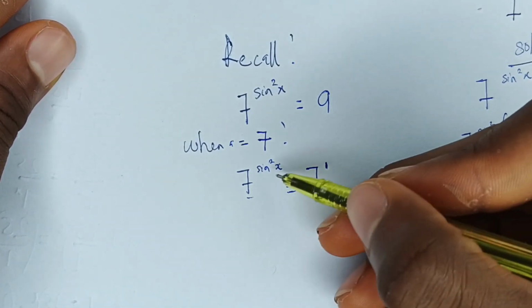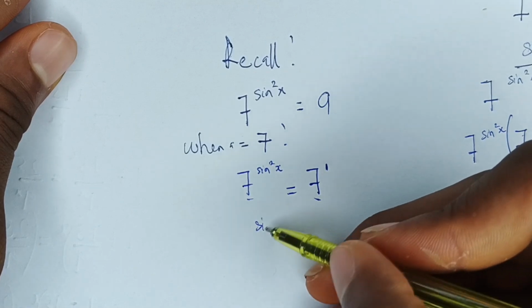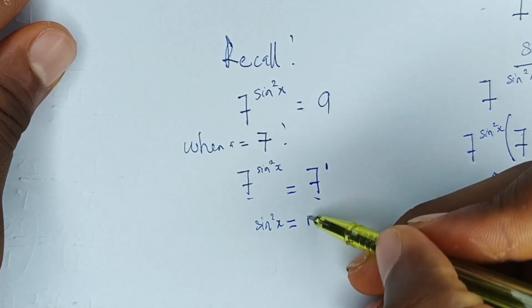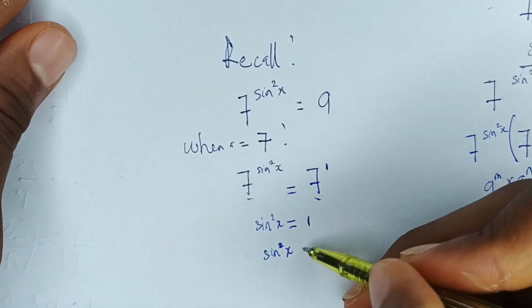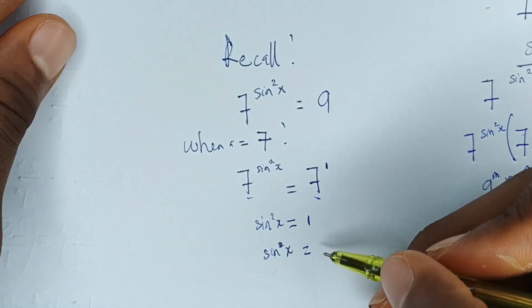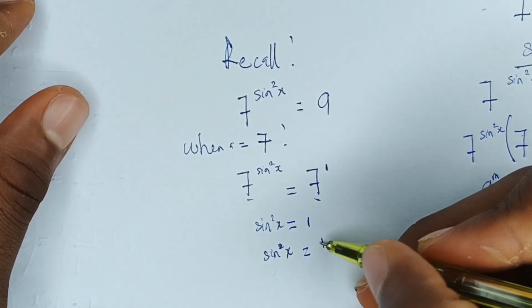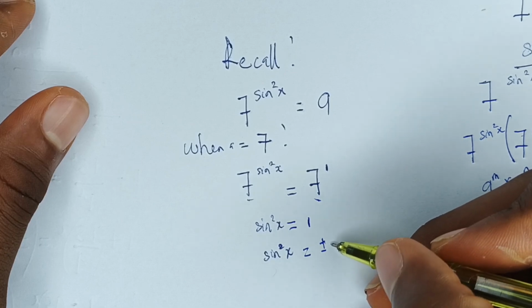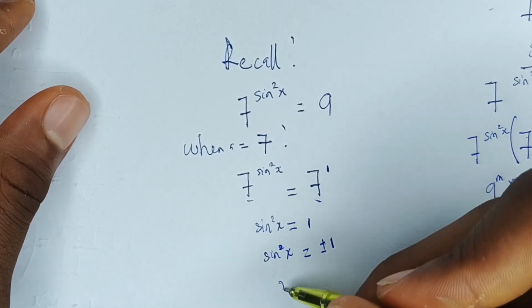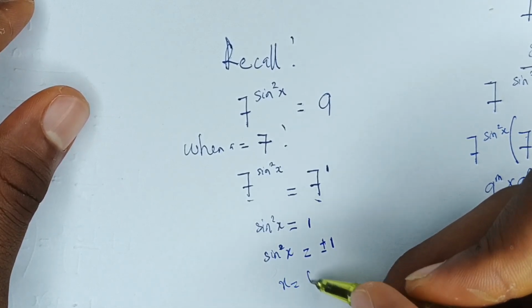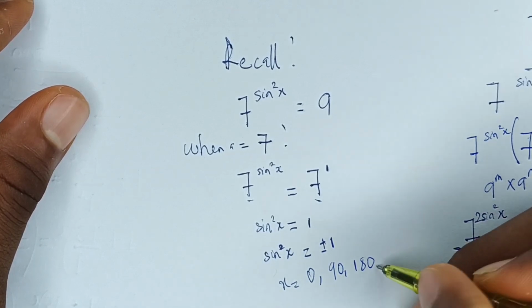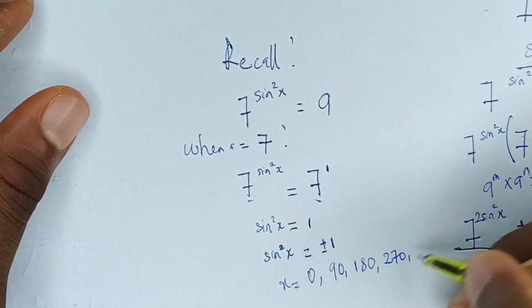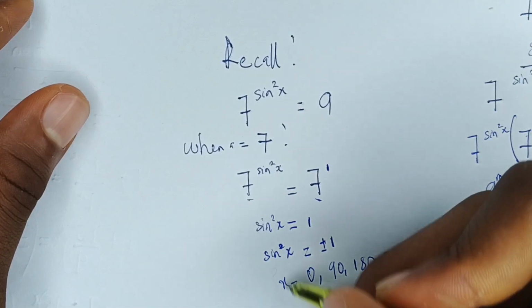The bases are the same, you can equate the powers, hence sine squared x is equal to 1. We have sine x to be equal to plus or minus 1. And invariably x can be anything from 0, 90, 180, 270, 360. Okay,